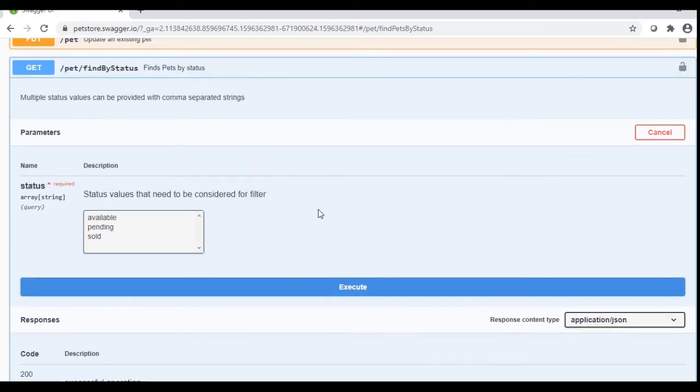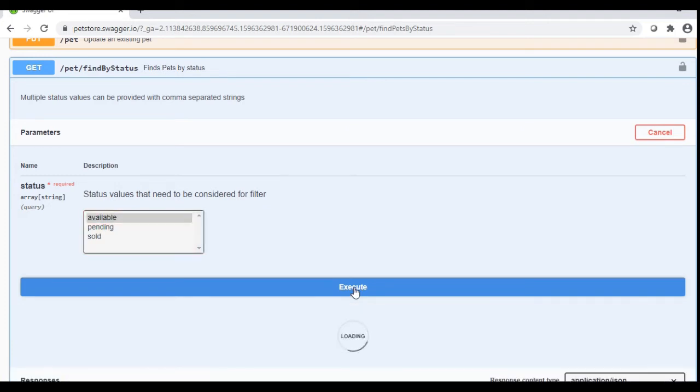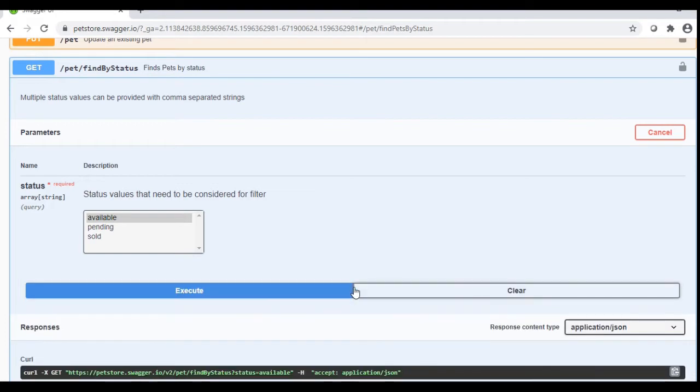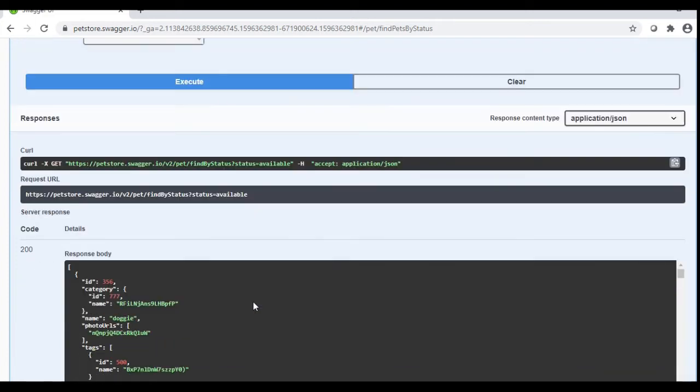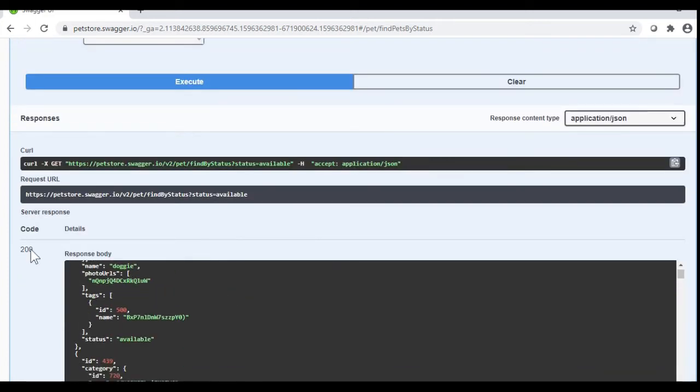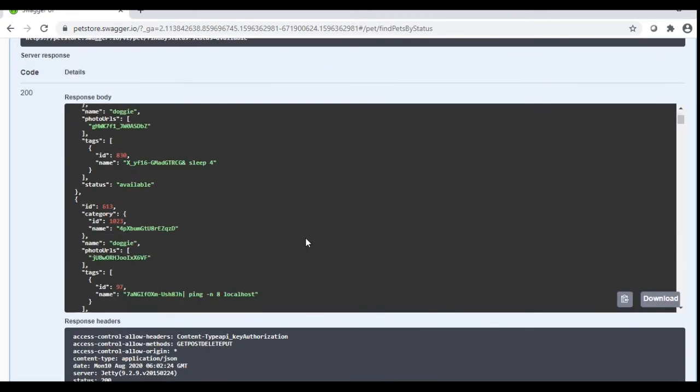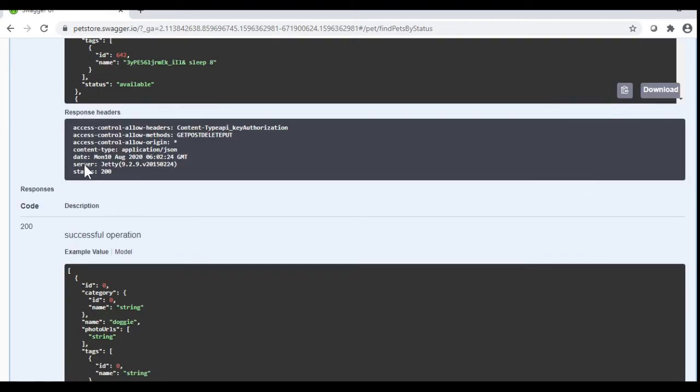And if I execute this, I need to select one of them. I will select available and I will execute. And when I execute this, it provides me the request URL. It provides me the response code, the response, the CURL for this, and the response header.